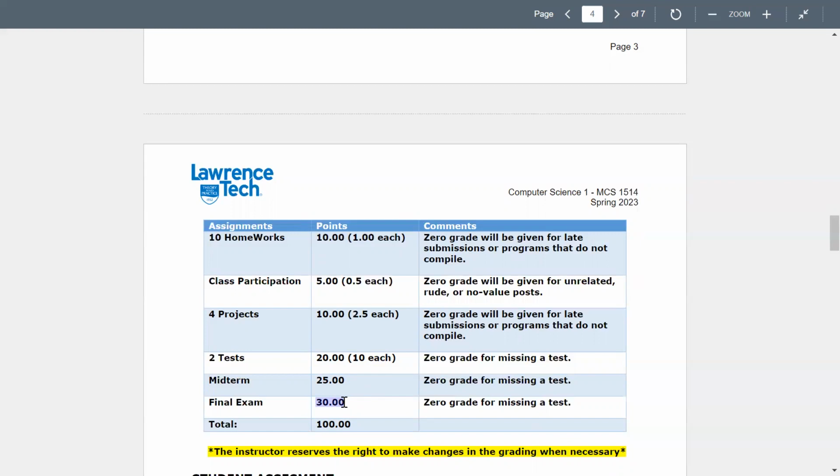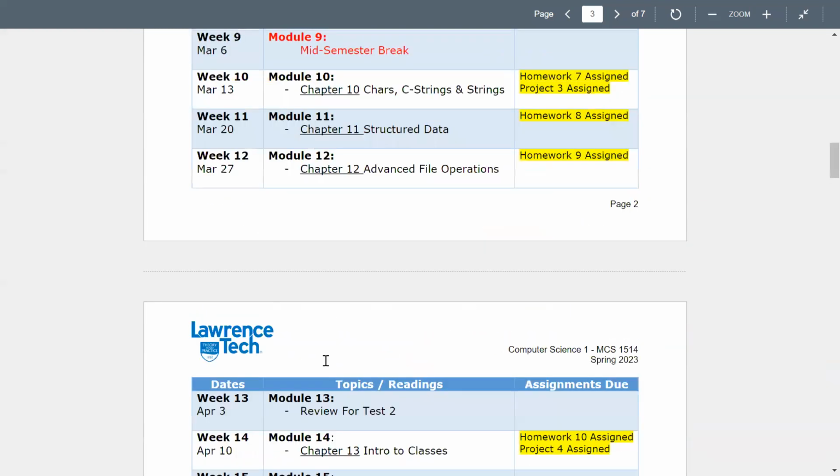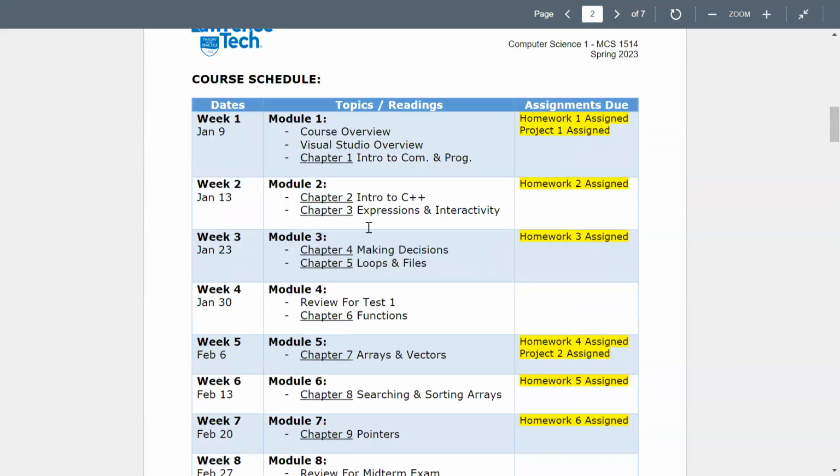If you read the chapters, you are on the right track and you will get the A easily. As long as you read the chapters every week, based on the calendar, every week we have focus. Our focus in week 2 is chapter 2 and chapter 3. Go to the book and read chapter 2 and read chapter 3.